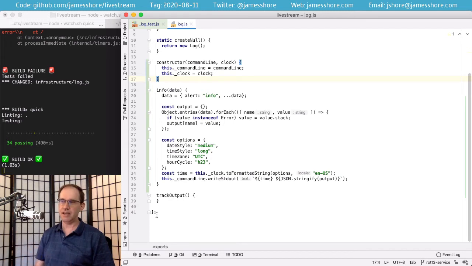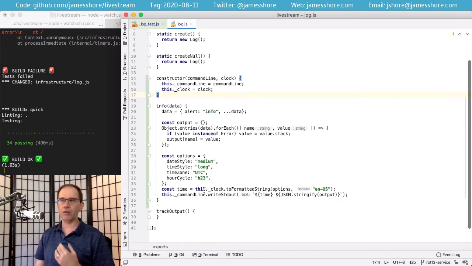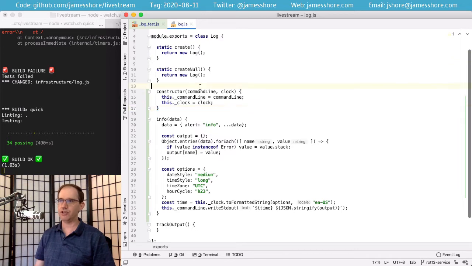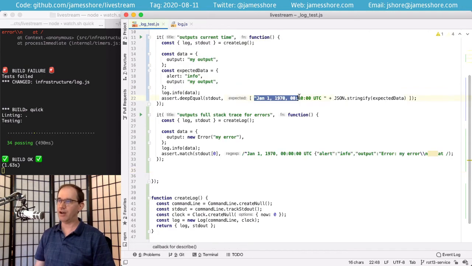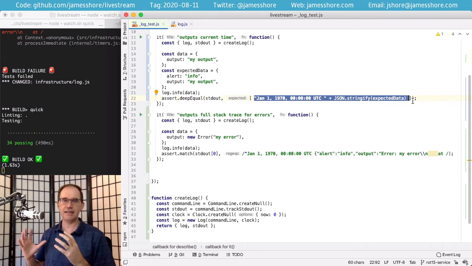It's going to be tempting here to say, well, if we want to track the command line, we'll just inject it, and then the caller can call commandLine.trackOutput on their own, and they have access to everything they need. And yeah, you could do that. But now the caller is going to have to deal with all this junk. You've got the timestamp, which is going to be changing constantly. You're having to deal with the fact that the data is stringified. When you're doing a high-level infrastructure wrapper, you want to hide the details. You want to make this easy to use, just like any other infrastructure wrapper.